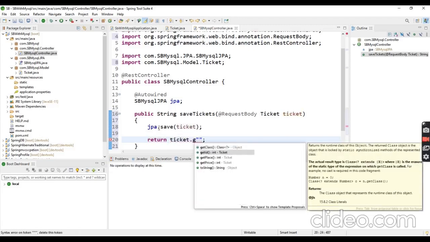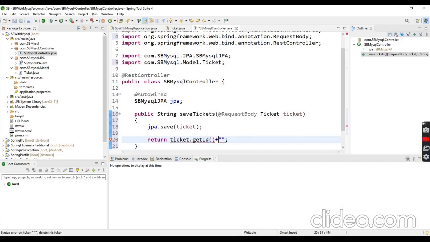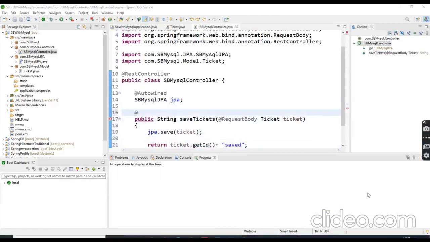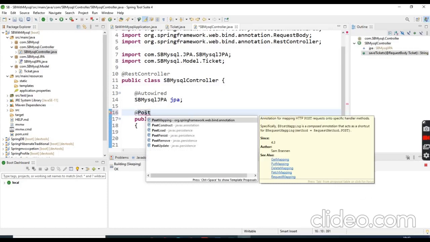Then I'm returning the ticket id plus "saved". I'm just acknowledging that the Ticket object is saved in the database.